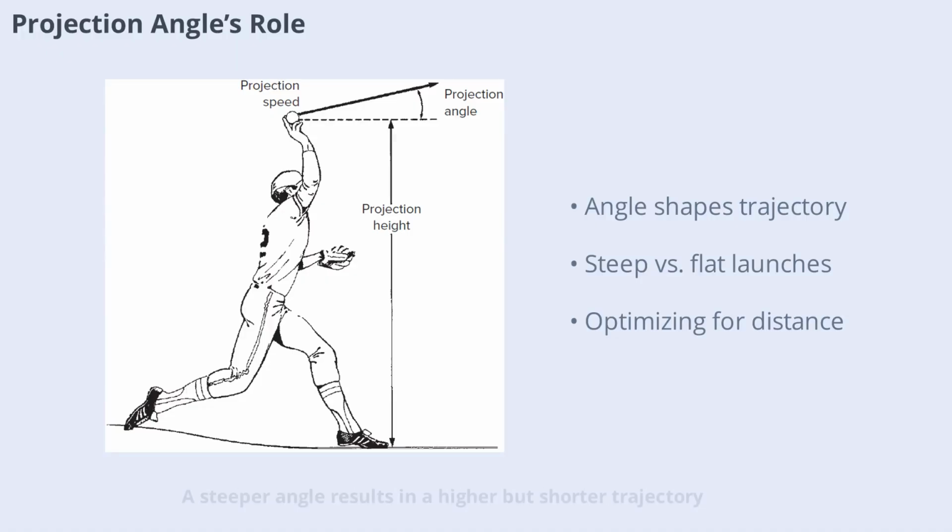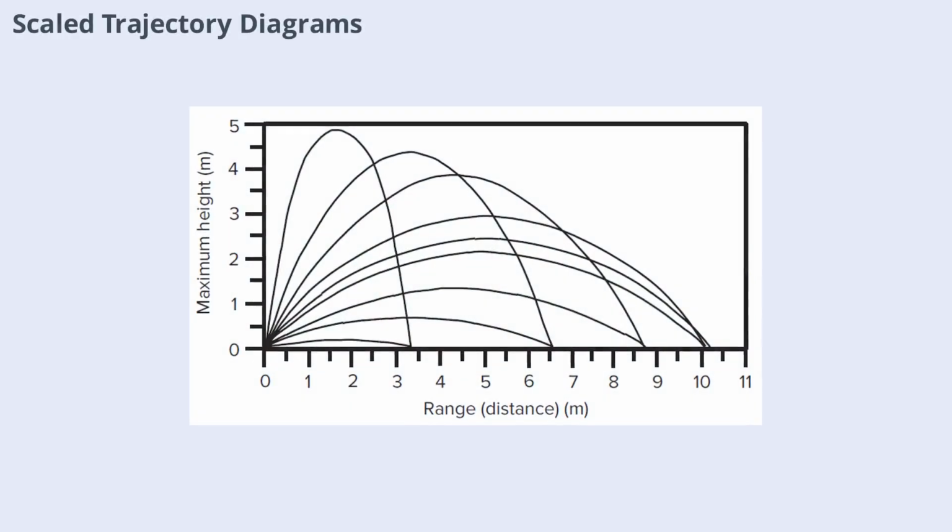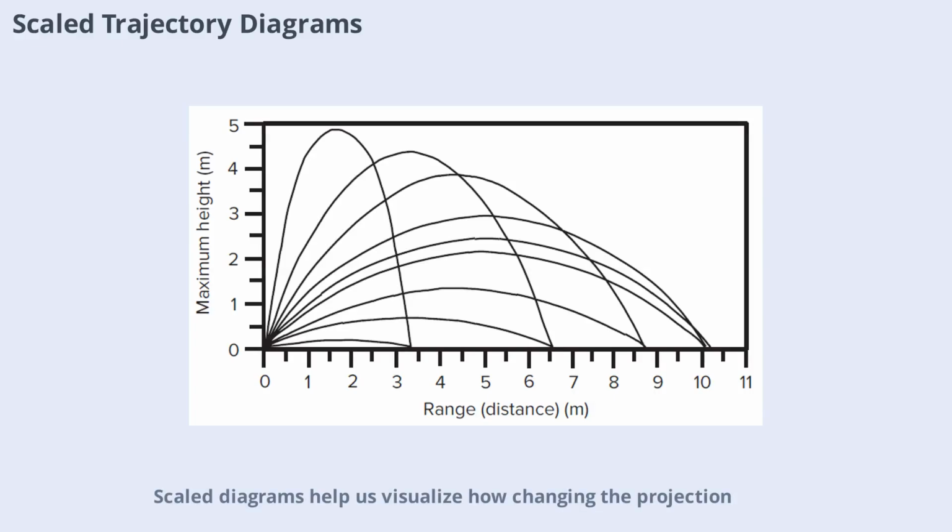A steeper angle results in a higher but shorter trajectory, while a flatter angle produces a longer but lower path. Finding the optimal projection angle is key to maximizing range in many sports and activities. Scaled diagrams help us visualize how changing the projection angle affects the size and shape of a projectile's trajectory. For example, launching an object at 10 meters per second at different angles produces noticeably different paths. These diagrams are valuable tools for both teaching and analysis, making it easier to see the impact of each variable